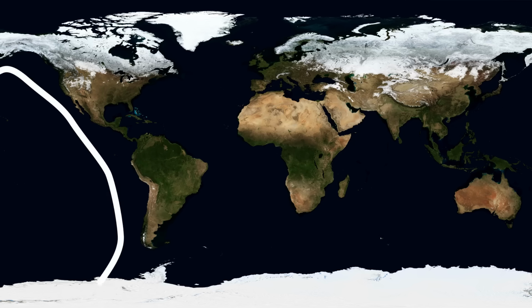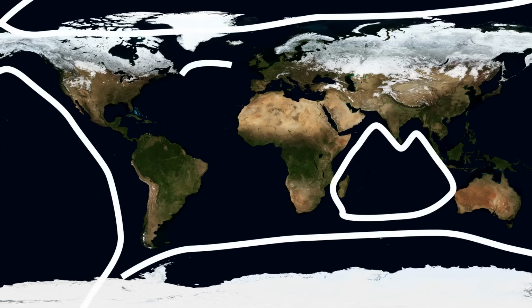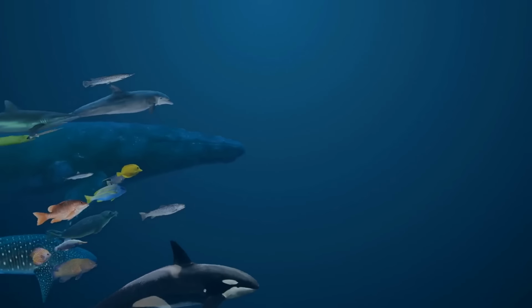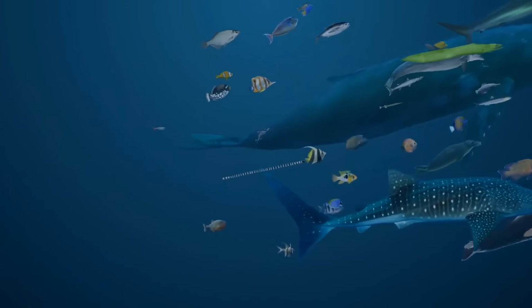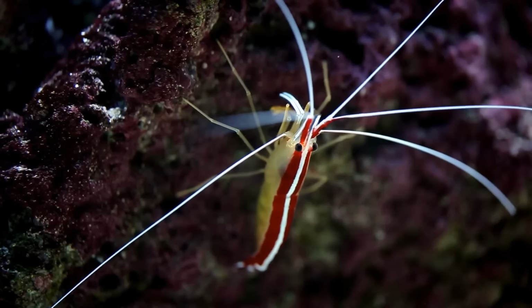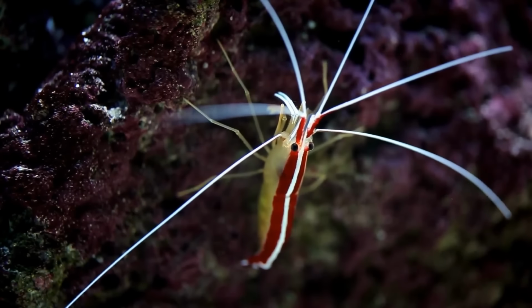We don't only divide oceans on maps, each has different conditions for unique marine species. For example, the Southern Ocean has leopard seals, orcas, minke whales, emperor penguins, and other animals that live in cold, icy seas. It's also home to krill, small creatures that look like shrimp and are food for many bigger animals